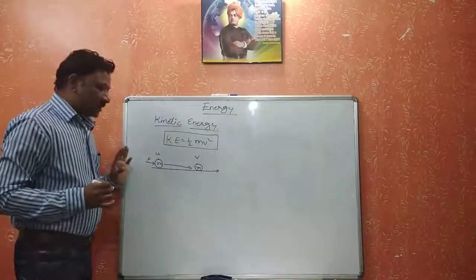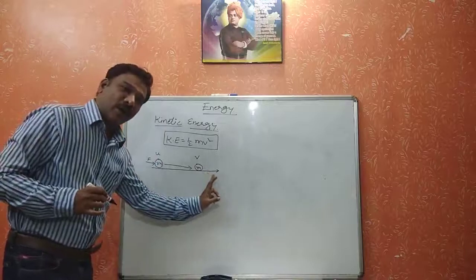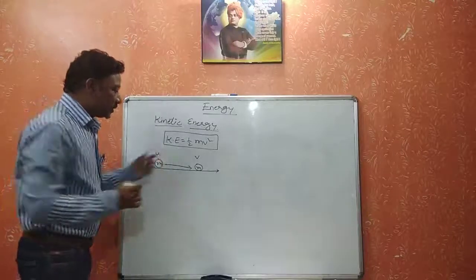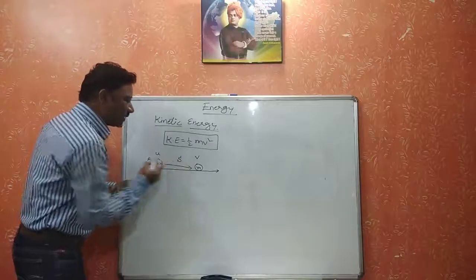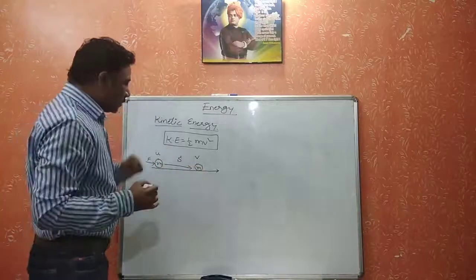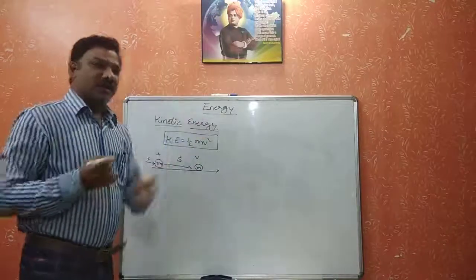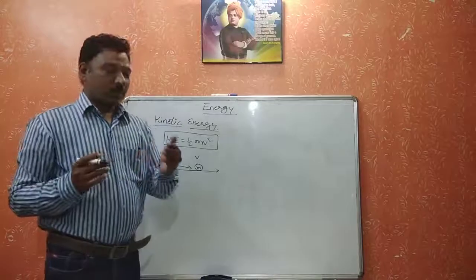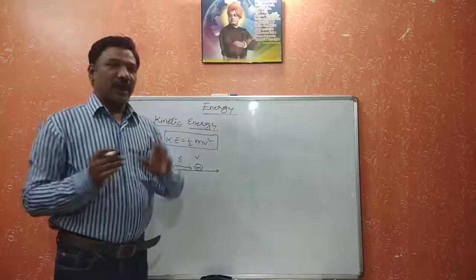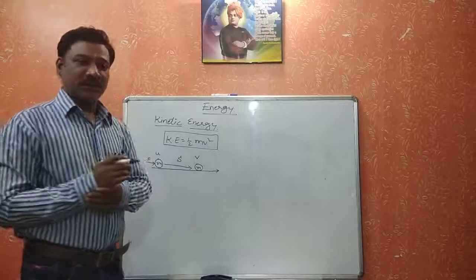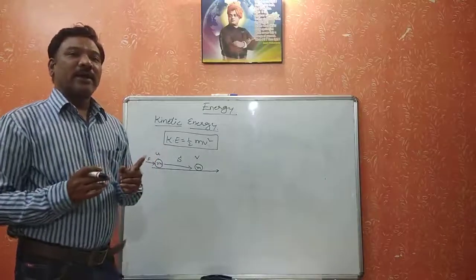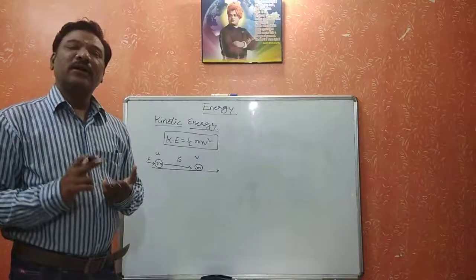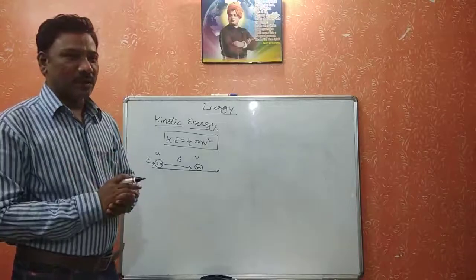To derive this equation, first, what is the distance traveled by the object? Let us try to write the equation for s. Distance is denoted by the letter S. According to our previous knowledge in the motion lesson, we have learned the three equations of motion. One is v = u + at, s = ut + 1/2 at², and the third equation of motion is v² - u² = 2as.